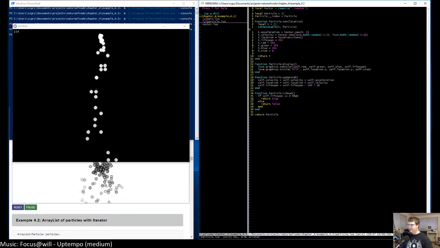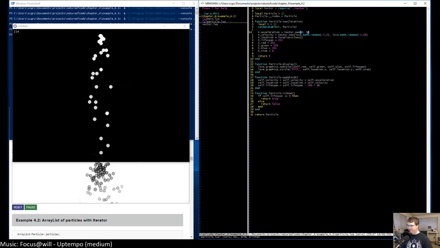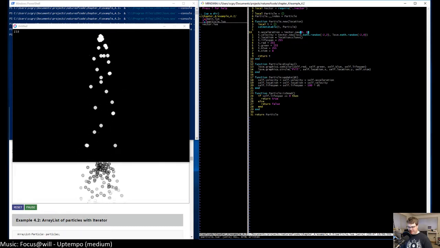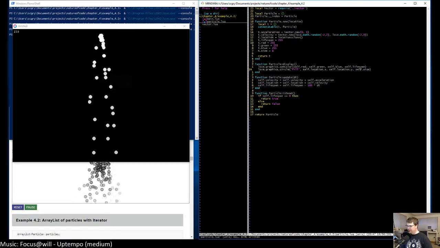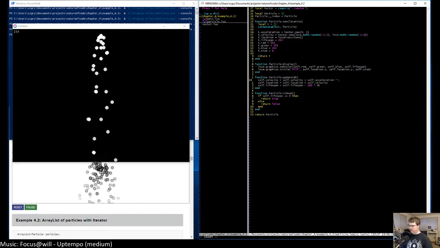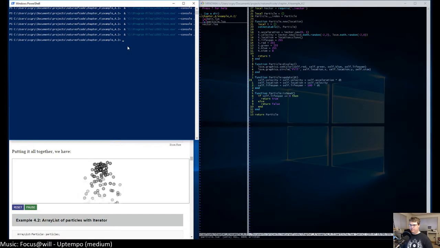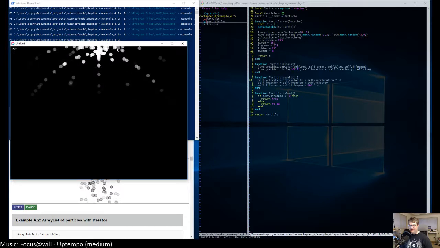Okay, so if I don't use delta time, I am definitely going to have to figure out a way to set the acceleration. Maybe the acceleration. We can do that. Hey, that looks pretty cool.